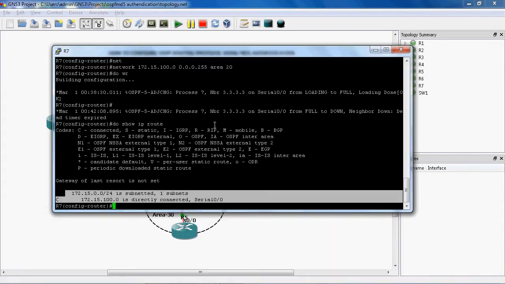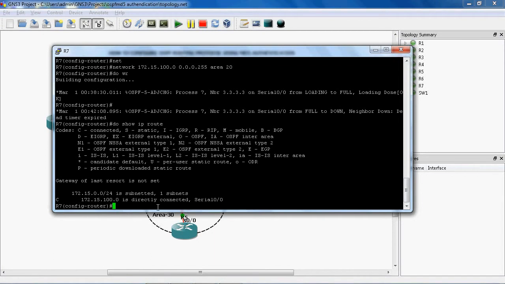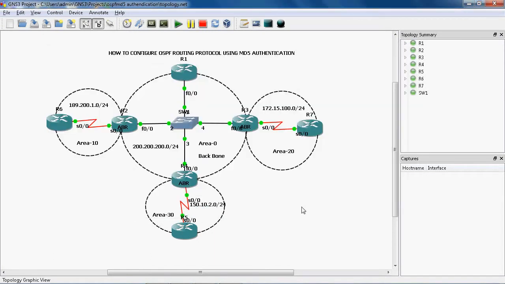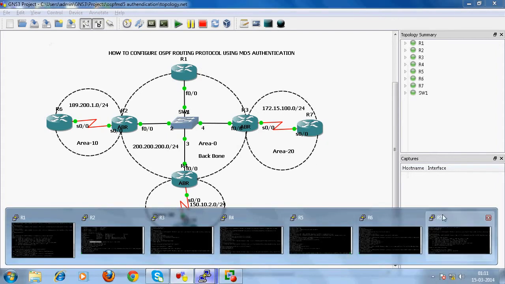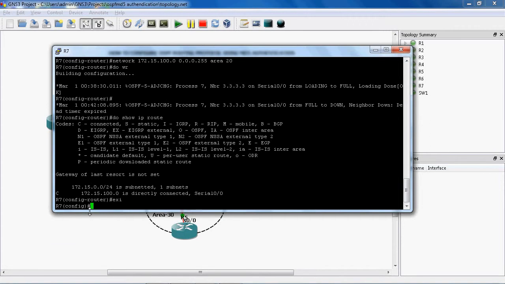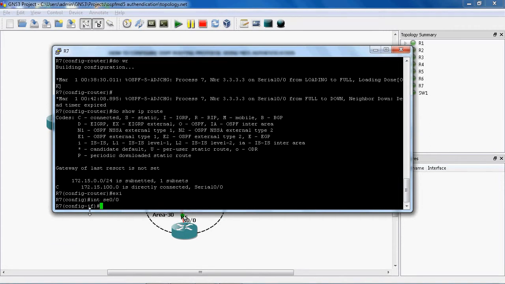Okay, now we can go to the R7 router. Exit. The R7 router is connected to the R3 router through the port serial 0/0. So we can go to the particular interface, serial 0/0. Next I will create the MD5 authentication.